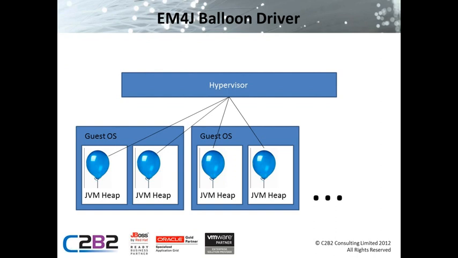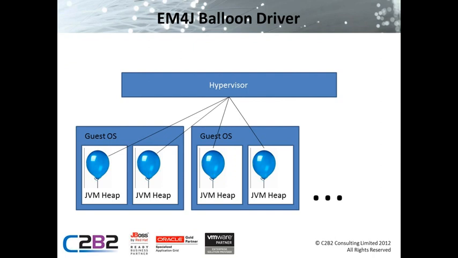Say your JVM has a -Xmx of 4 gig, but in reality the normal usage of your JVM is bouncing around 2 gigabytes. Then the balloon driver can essentially allocate a 1 gig block out of the JVM heap, so that your JVM runs between, say, 1 and 3 gig, and give that back to the hypervisor and essentially mark those pages so the hypervisor can share them or use them across the